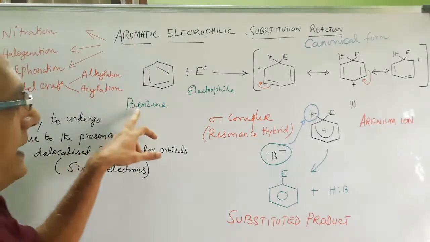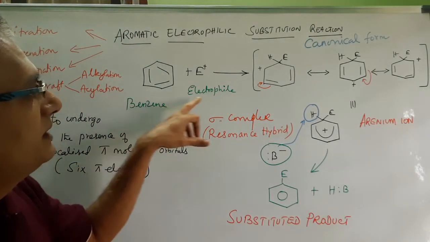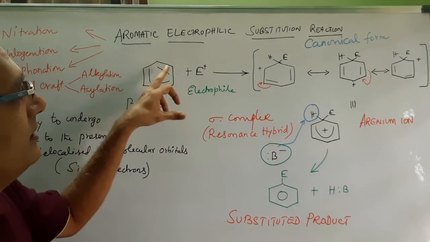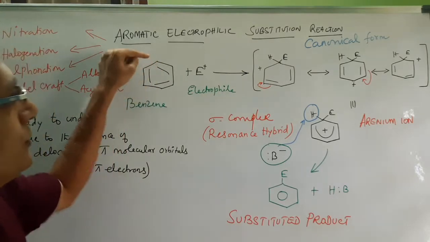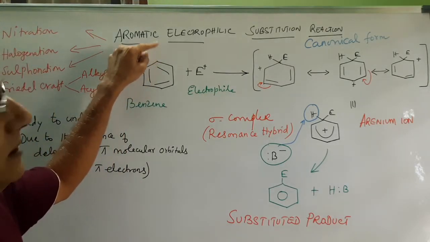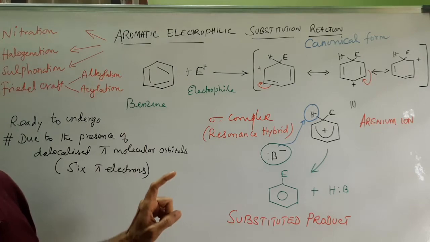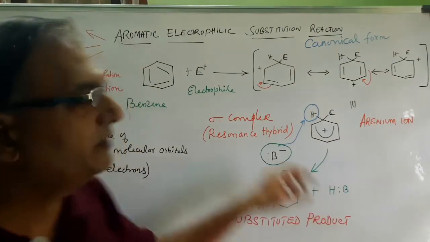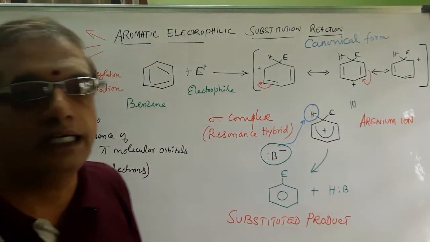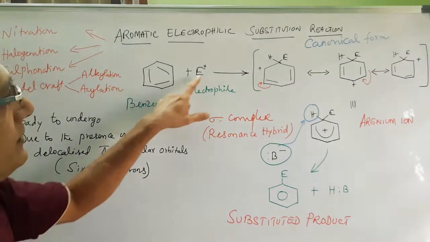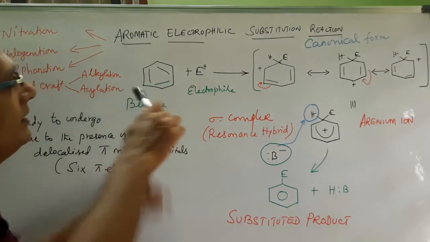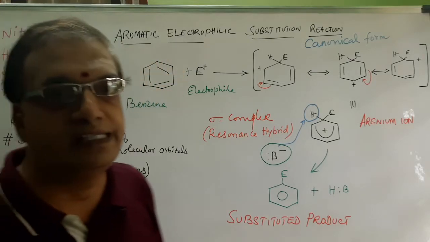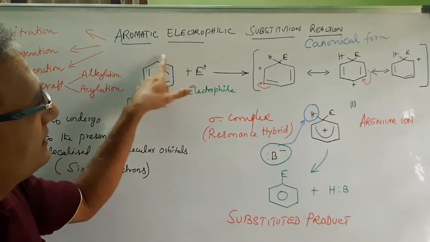So initially I am taking an example with benzene and an electrophile. The electrophile is attacking here because benzene is planar. For the sake of convenience, I am choosing this position. All the positions are the same, so for ease of understanding the mechanism, we fix one position for the electrophilic substitution reaction here. So the electrophile is attacking over here. Already we know that C6H6 is benzene, so the electrophile is attacking here.